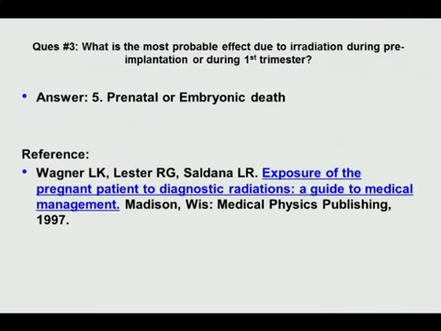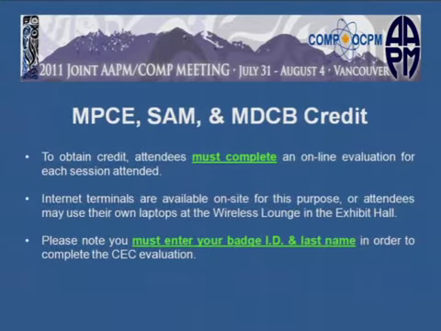The answer is correct: prenatal or embryonic death. That's the high probability. I should have worded the question even more accurately: most probable effect. That's the high probability for causing prenatal or embryonic death. So, thank you very much, and if you have any questions, we are here to